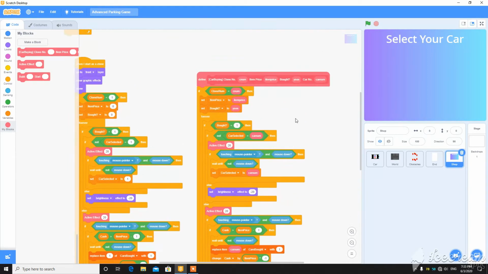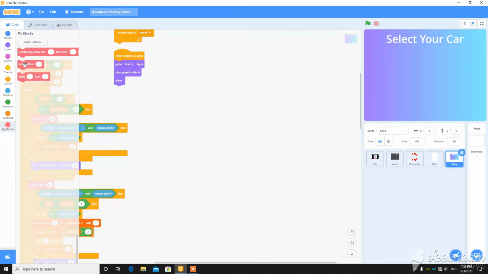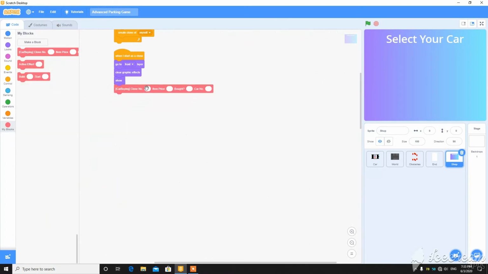This will work now. So then you can remove this big script from here and put this small thing here. Clone number is 1, item price is 0, and bought is already 1, the first car is already bought, and car number is 1.